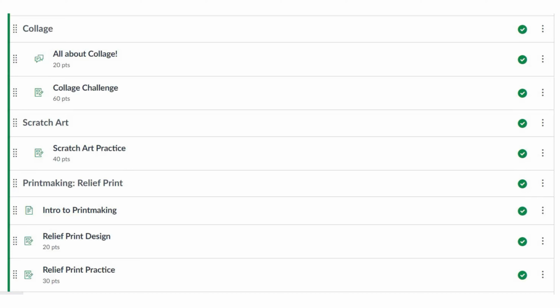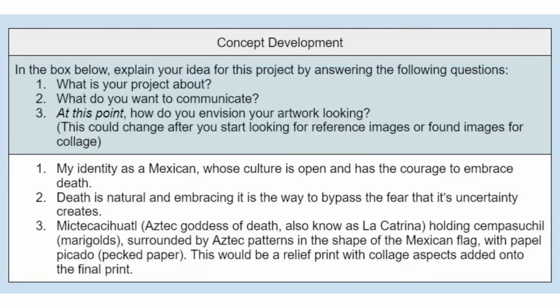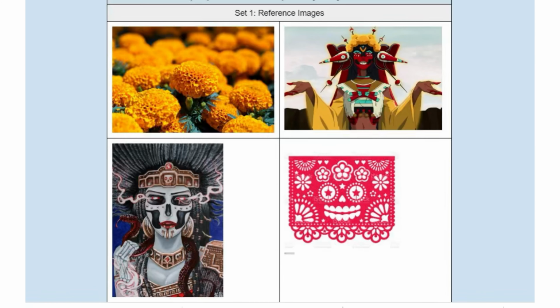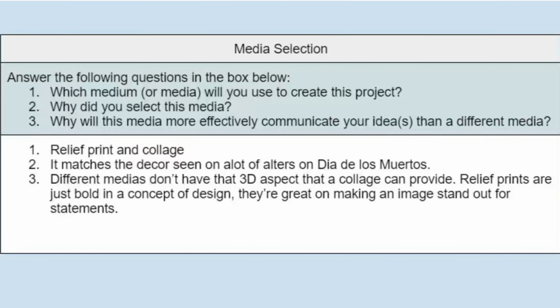Students were working on an assigned project. The theme of the project was identity, and students could choose to create their project using a variety of art materials they had recently been introduced to and practiced using. In this unit, they first created a mind map to organize their thoughts and select an idea that they wanted to communicate in their artwork. Then, they completed an image development assignment where they described their plan, collected images for reference and inspiration, and explained how they would use art media to create their vision. Several state objectives were integrated at different stages of this process.